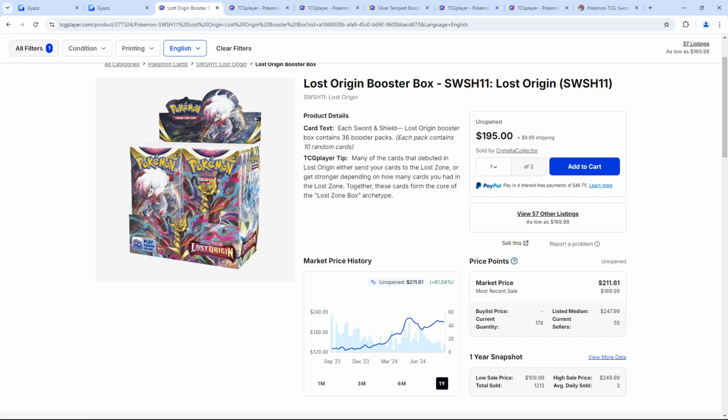And the reason I bring this up is because I see an opportunity right now that I have been actively buying into, and a lot of people out there seem to think that this set is mid, this set only has one chase card or whatever, and people are looking way too deep into the set. And once this booster box goes out of stock on the Pokemon Center and it's not available for retail anymore, and the secondary market will dictate the price, in about a year or two from now, I really feel like